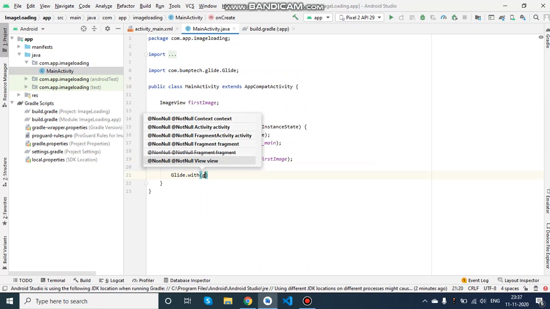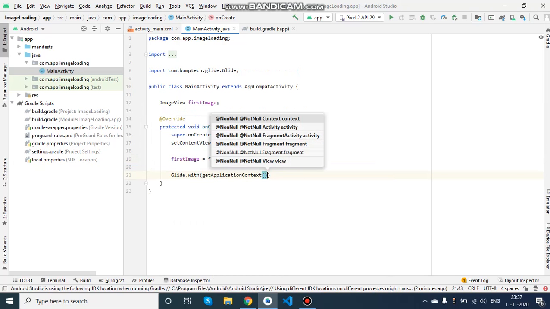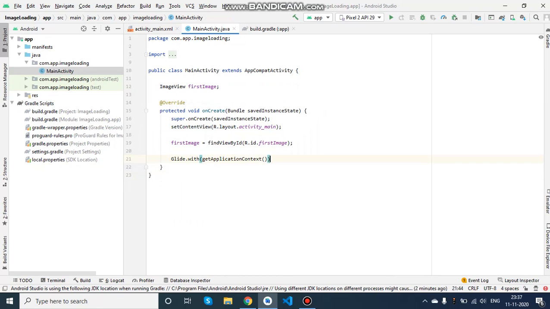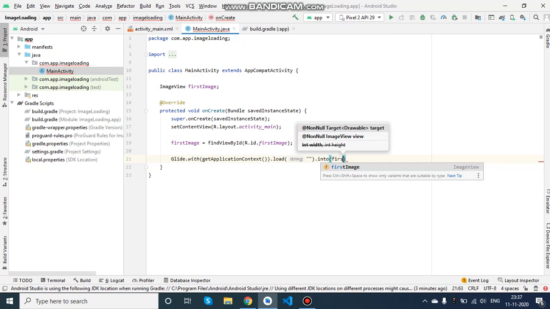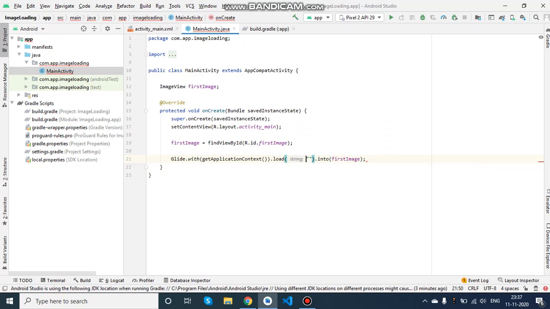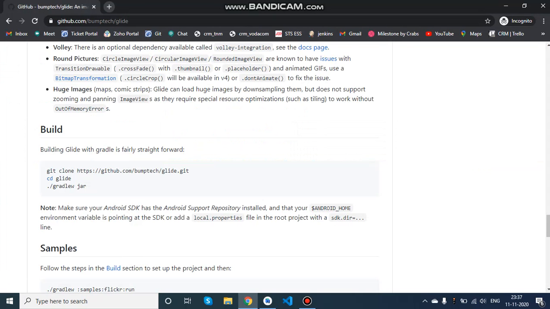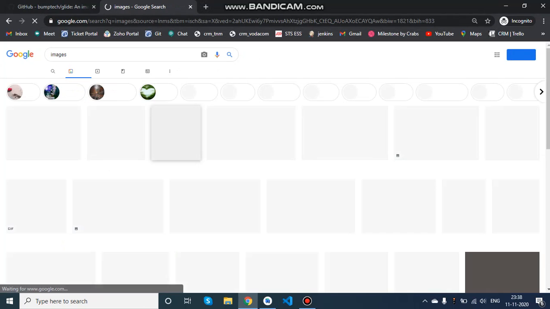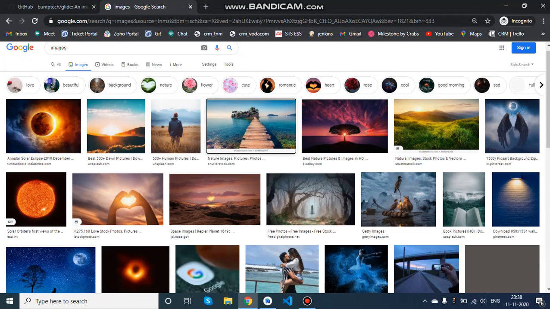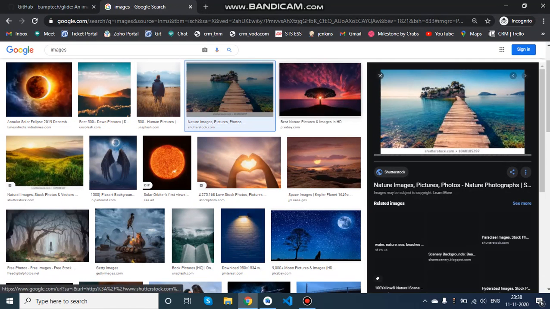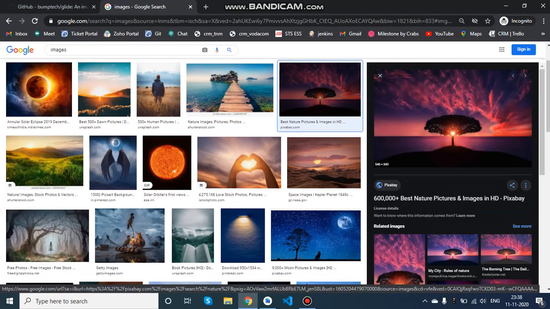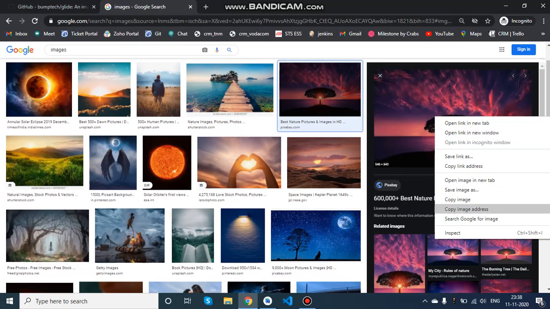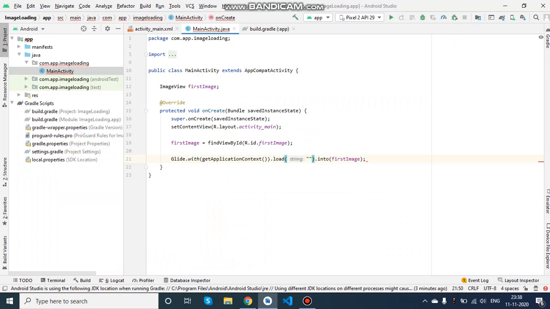We need to pass the context over here in the width. So I'll be passing application context dot load. So here comes the URI will be the place that we'll be loading it. Now for this place we will want a URL. So let's search for some images. Okay. I just want to add this image, so I'll just copy the URL of the image and then paste the